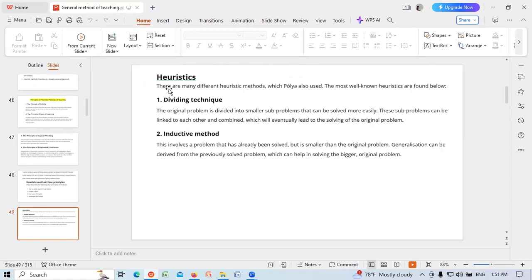There are many different heuristic methods which Polya used. The most well-known heuristics are found below. Dividing technique: the original problem is divided into smaller sub-problems that can be solved more easily. These sub-problems can be linked to each other and combined, which will eventually lead to the solving of the